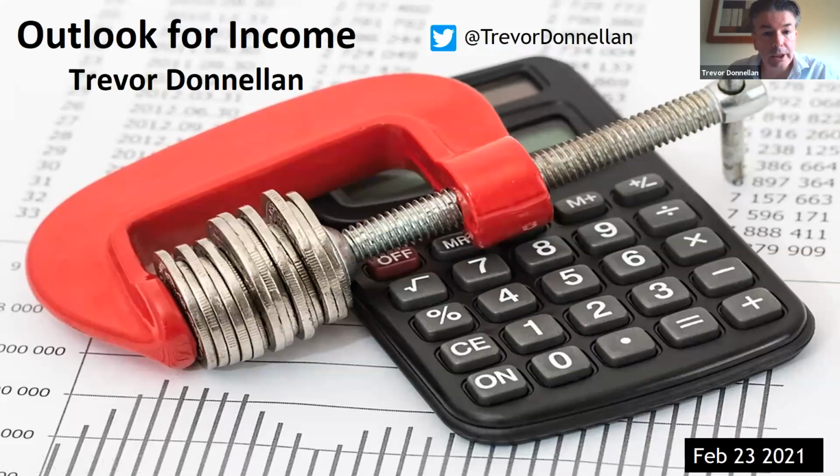Okay, we're going to take you through now the outlook for income in 2021, and this outlook reflects the Trade and Cooperation Agreement that was reached between the European Union and the UK in December of 2020. So that deal has affected our outlook for prices, output prices in particular, and as a result of that, these revised income figures have been produced.